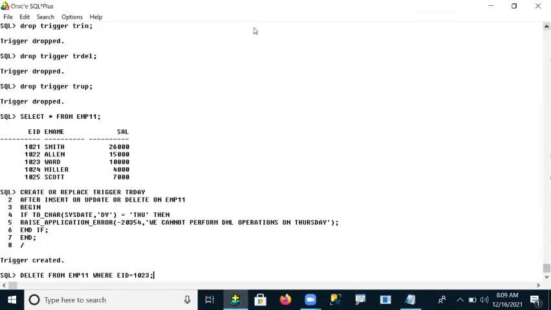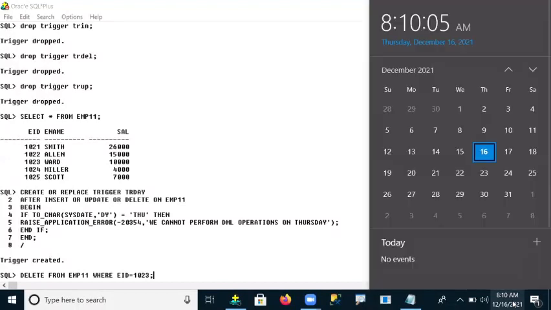Now what happens, you can see. Whenever I execute this query, first the trigger will be fired, and the trigger will check what date is present in your system, in your computer. What is the date today? What is the day today? That will be checked first of all. Let me come out and see the date and time.